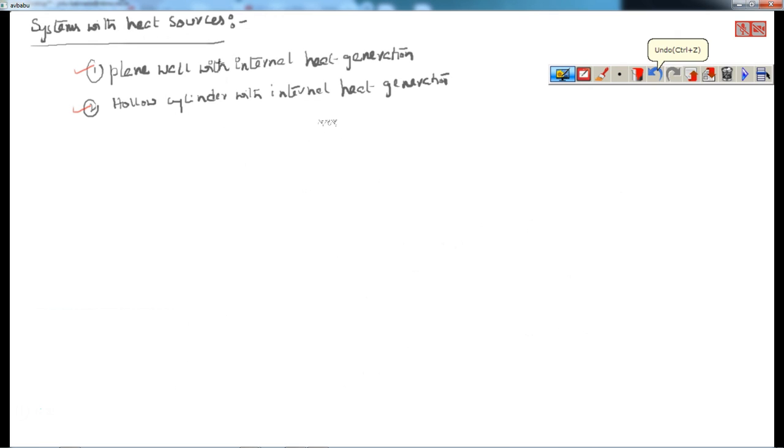So in all these cases, either in a nuclear reactor, where enormous heat is released by nuclear fission, or in an IC engine, where the piston crown is subjected to high temperatures due to internal combustion,